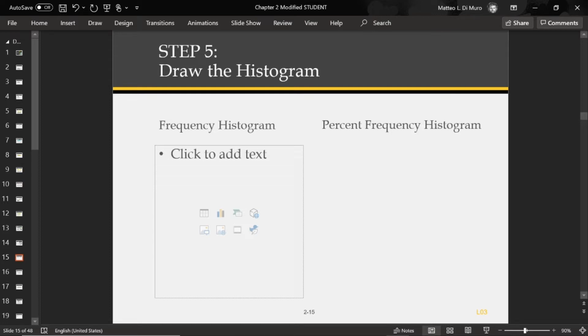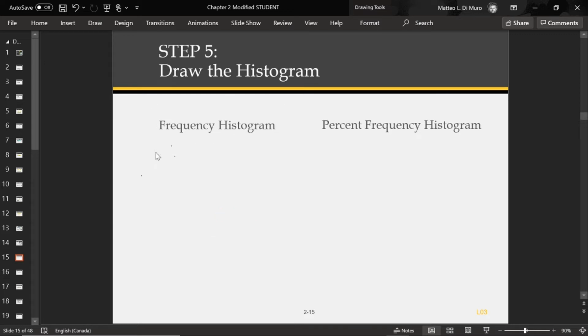Now this is way easier to do on the board. I got this ugly click to add text right here, so give me a moment. I thought I got rid of all these things. I'll have to edit this out. All right,